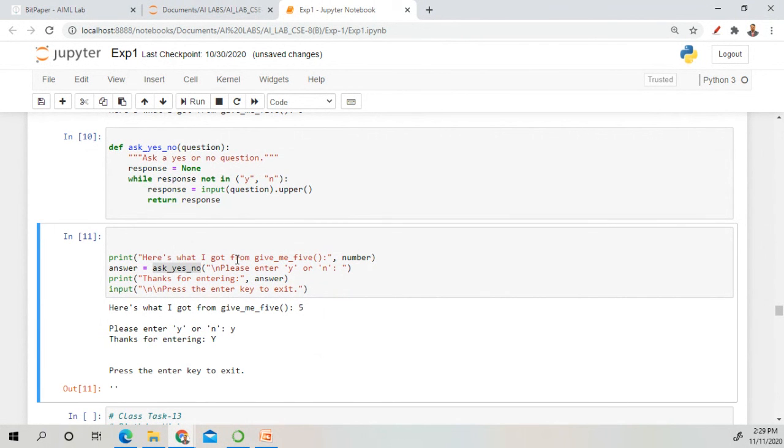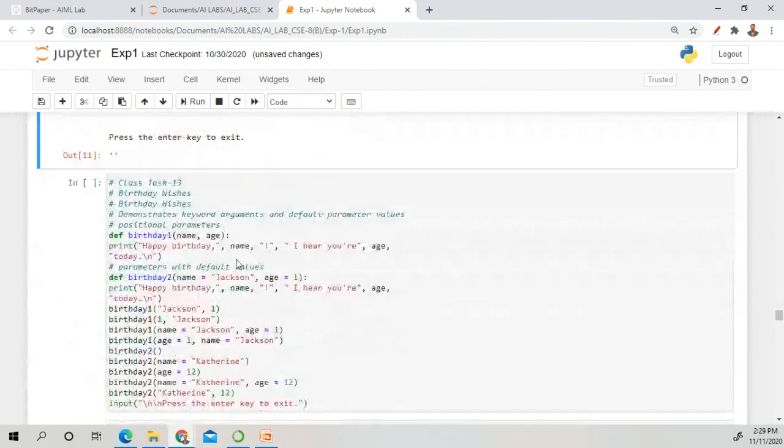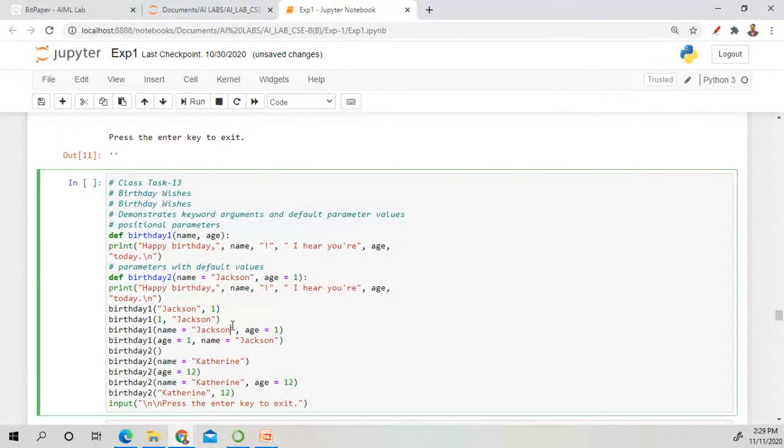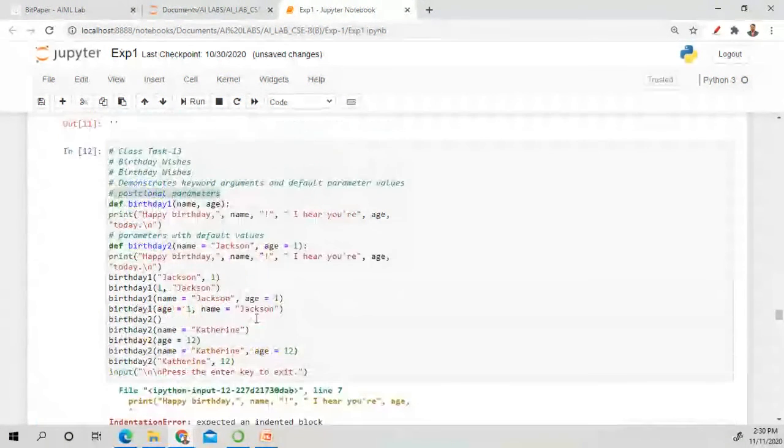Any doubt till now? Okay, so this is the last question or last task. Here we have to demonstrate the different parameter values or positional parameters.